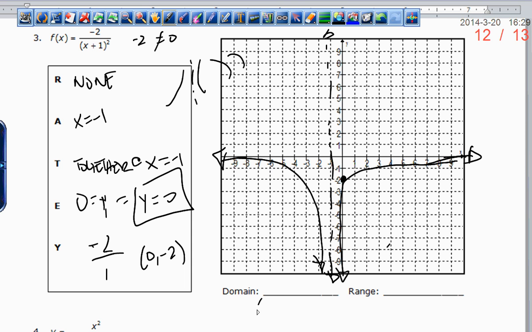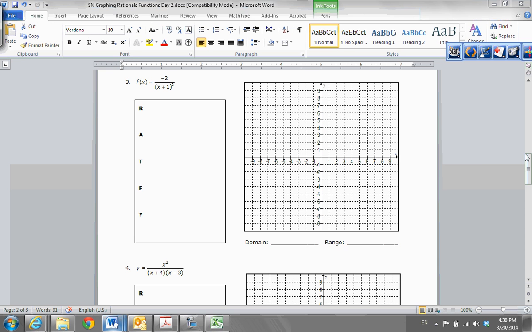All right? Our domain, negative infinity to negative 1, union negative 1 to infinity, and our range is going to be negative infinity to 0, because we go to 0, but we don't go past 0. And last one, number 4,